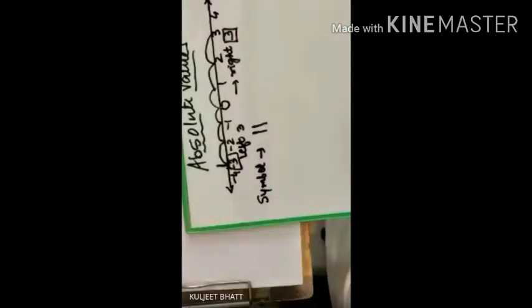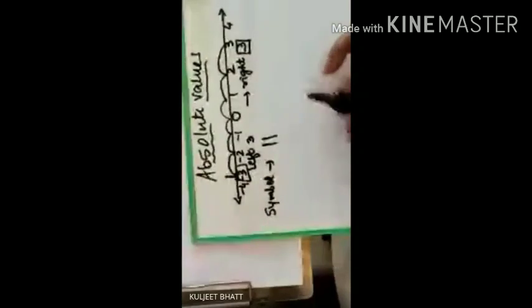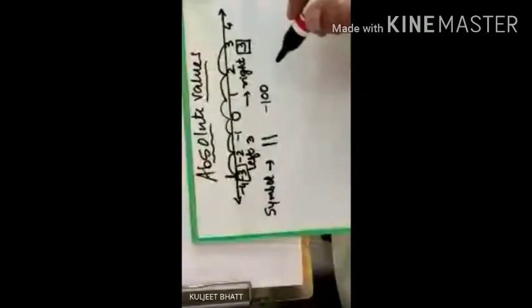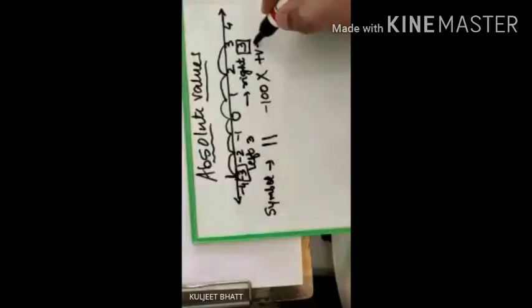Now let us take an example, but before that, I'll tell you about the facts also. The first fact: distance can never be negative. You can never say that he has traveled -100 kilometers. Can you ever say -100 kilometers? No, it will be wrong. It is never possible. Distance will always be positive. So this is your first point. Hence, the absolute value of an integer can never be a negative number.